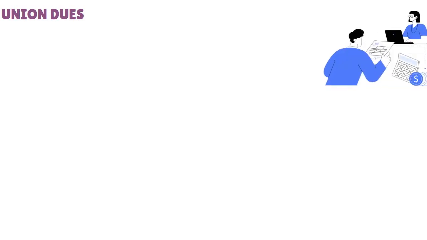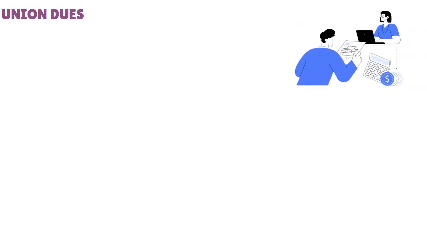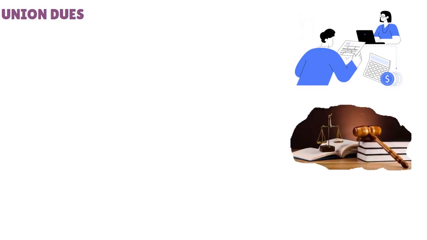You also have union dues. Union dues are generally calculated as a predetermined percentage of the workers' gross wages and paid regularly to your local union. So the 2018 Supreme Court ruling Janus versus the American Federation of State, County, and Municipal Employees charged